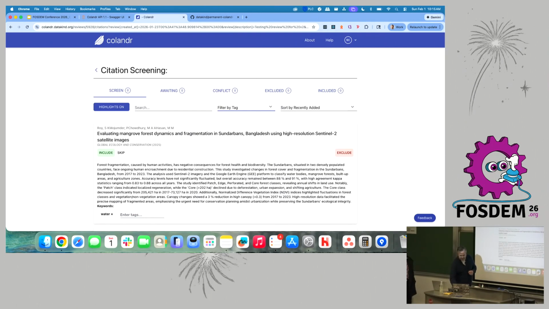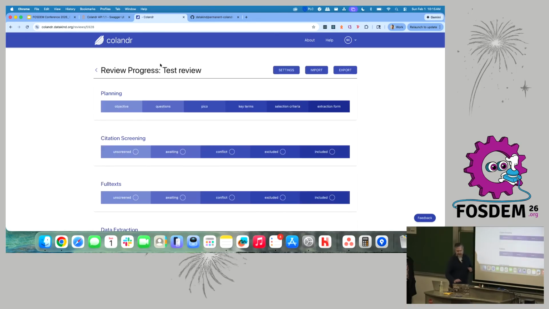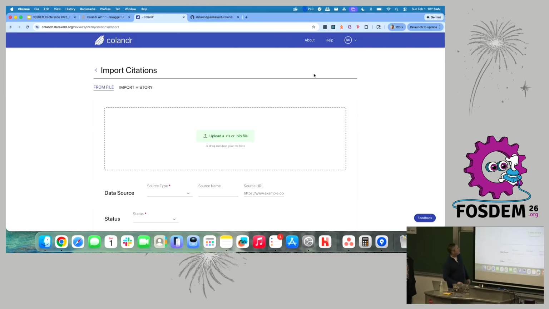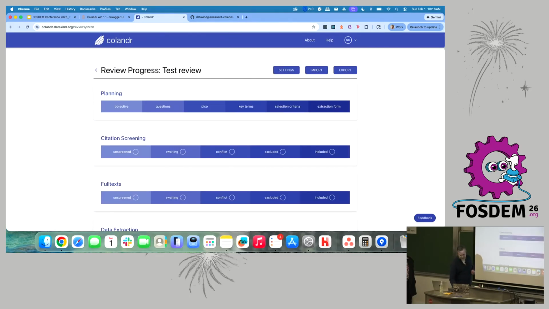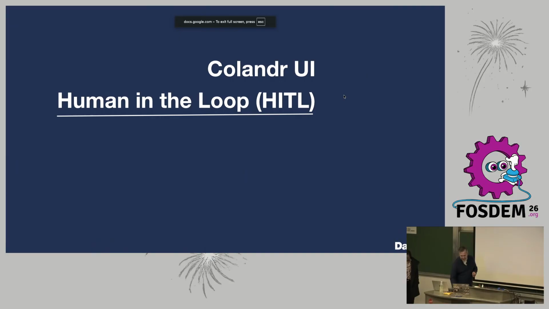Again, knowing we are limited on time, let's just go quickly. Why don't we take a quick look at, we wanted to make it easy for importing information into the system. So, we just have a basic import here, get some data information, make sure you can identify the data source, et cetera. And then it's pretty much drag and drop. So you can drag collections in here, things like that, keep that very simple. And with that, I'm going to skip back because we're wrapping up here and I'll go back to full screen. That was the human in the loop part. So that is how we maintain that human in the loop.